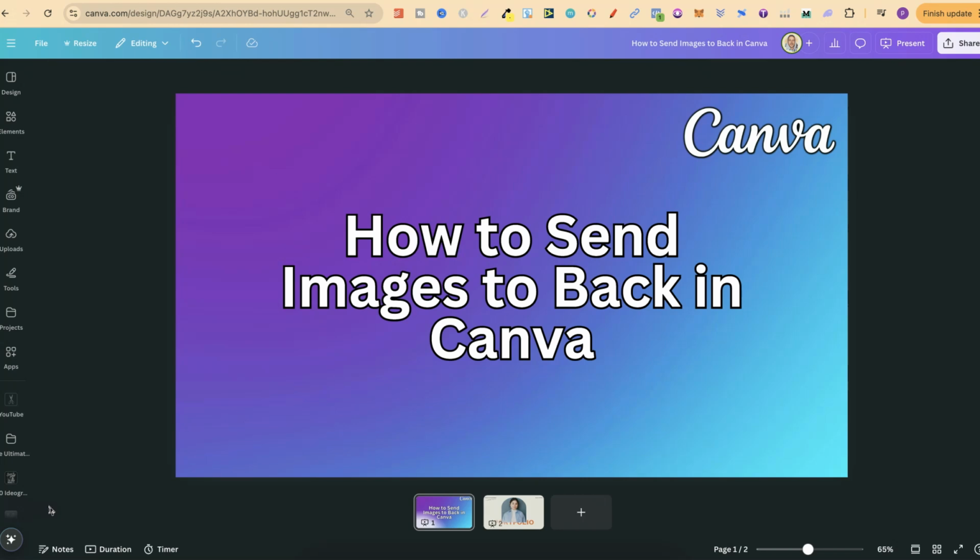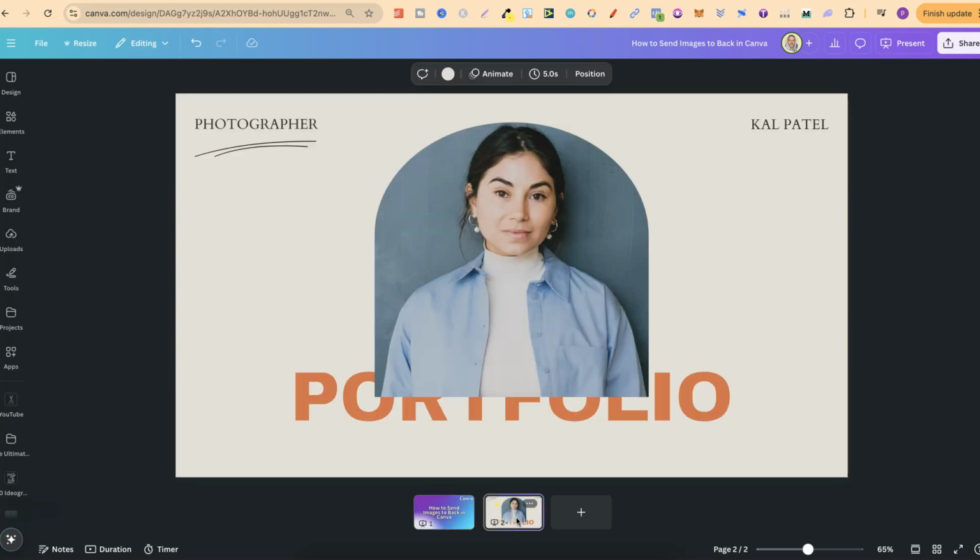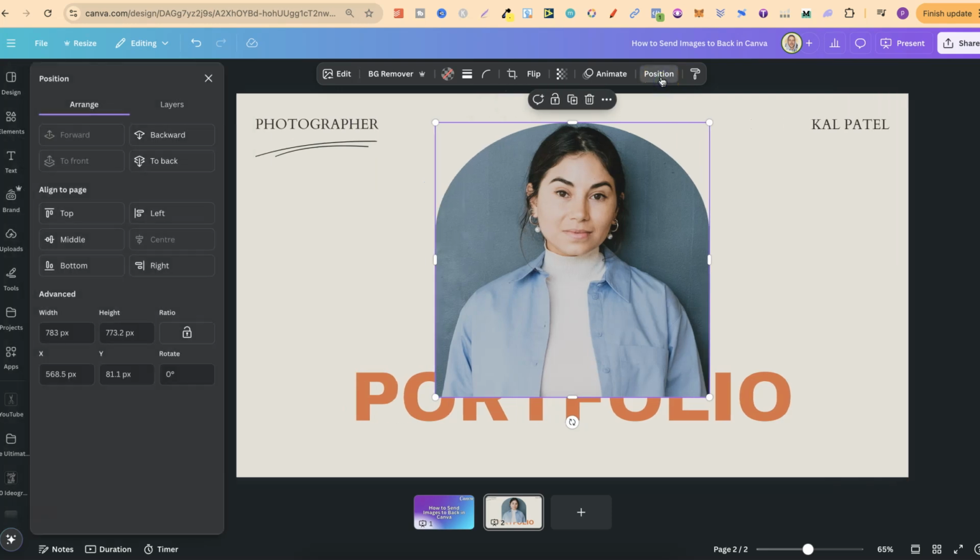In this tutorial, I'm going to show you how to send images to the back here in Canva. Now, there's a couple of different ways that we can do this. First off, we want to click onto the image that we want to move to the back. Then we can come up to position just here in the toolbar, and we're going to get a couple of